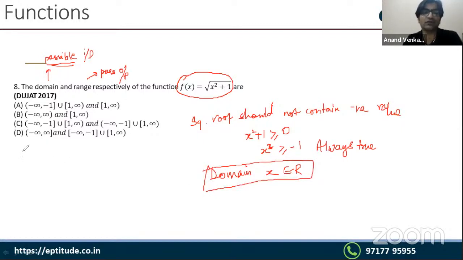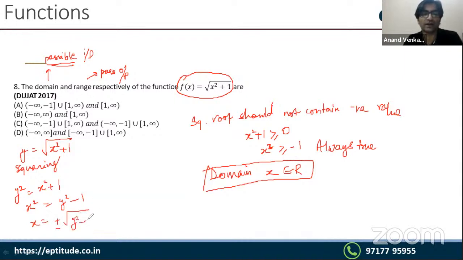रेंज निकालने के लिए यू विल हैव टू इन्वर्ट द फंक्शन, सो आई विल राइट दिस एज y इज इक्वल टू रूट ऑफ x स्क्वायर प्लस 1। एक्चुअली रेंज निकालने के लिए इन्वर्ट करने का जरूरत नहीं है, बट एनीवे करके दिखा देता हूँ। So squaring this, what will happen? You'll get y square is equal to x square plus 1, which means I'll end up getting x square as y square minus 1, which means x will either be positive or negative square root of y square minus 1. तो ये हो गया इनवर्स ऑफ द फंक्शन, राइट। इसको बोलते हैं इनवर्स।